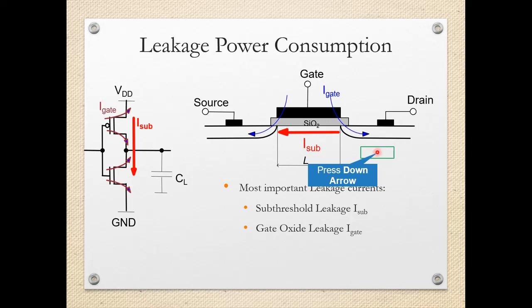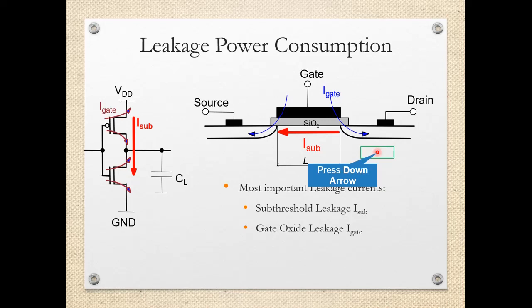This gate is actually isolated with the help of this SiO2 layer. This is the ideal case, that there is no connection between this gate and the P plus or N plus diffusion on both the sides. But practically there is some leakage. Even if no biasing is provided, a small current is flowing from this gate to the diffusions, either the P plus or N plus. The current which is flowing from gate to drain or gate to source is called the gate oxide leakage current, I gate.